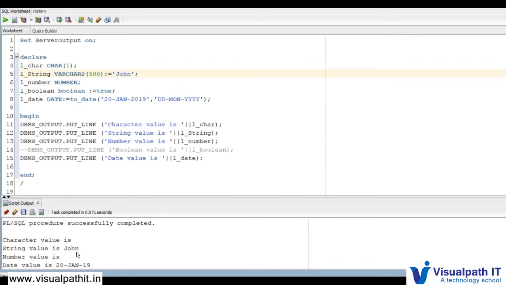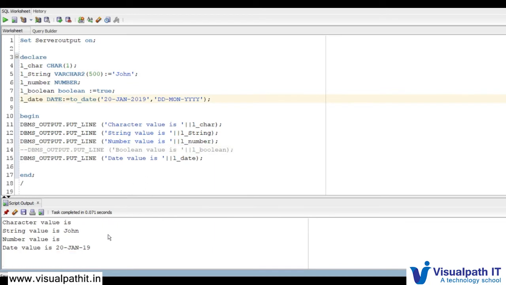String value is John, the variable I have assigned a value called John, so this is printed. Number also is null because I haven't assigned any value while creating this variable, and this is boolean, so this has not got printed. And date also, this is 20 Jan 19.